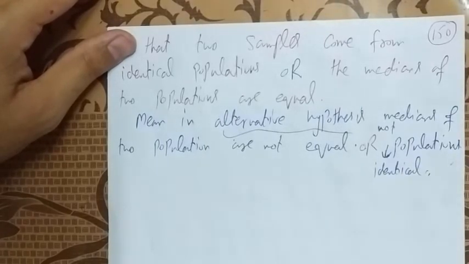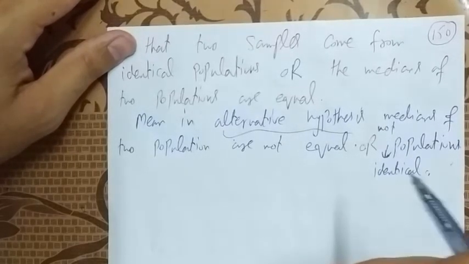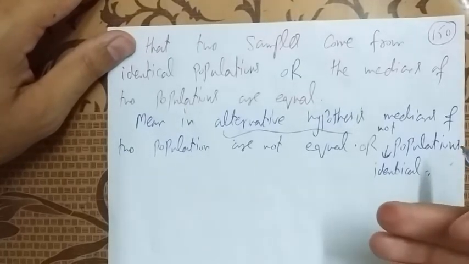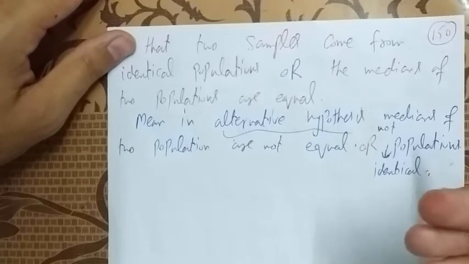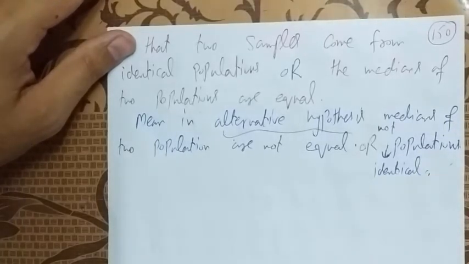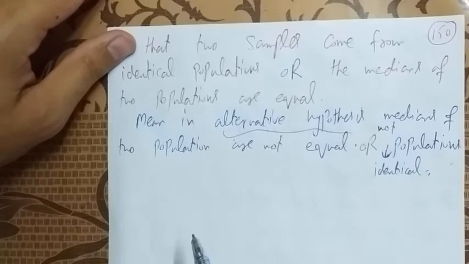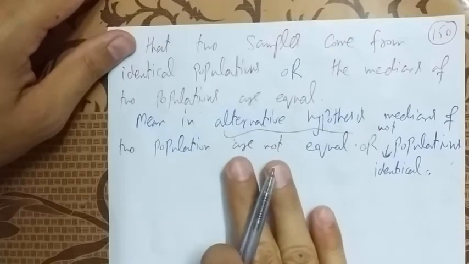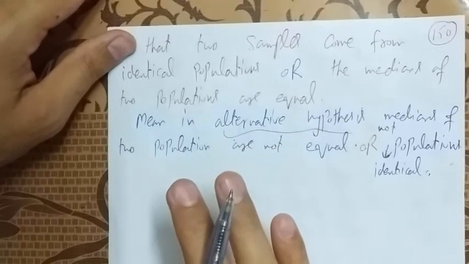And in the Wilcoxon rank sum test, the second step is the significance level. The third step is to find the test statistic. The fourth step is the computation, like the previous test. The fifth step is to find the critical region, and the sixth step is the decision making. Students, we continue this lecture, we continue this topic, the Wilcoxon rank sum test.